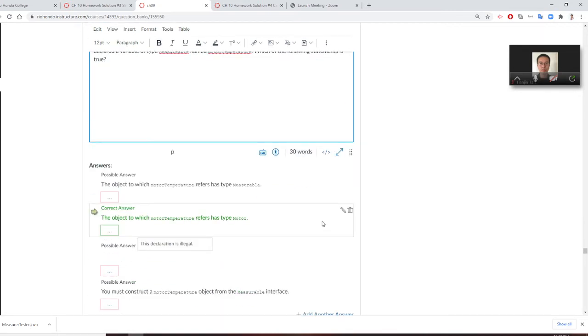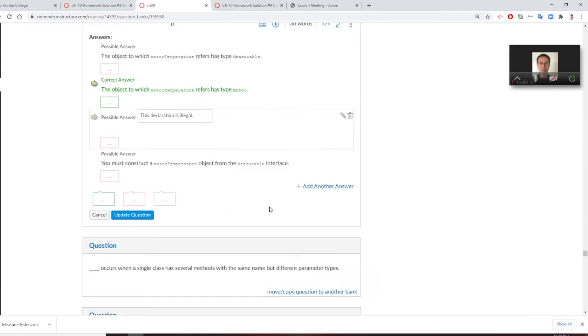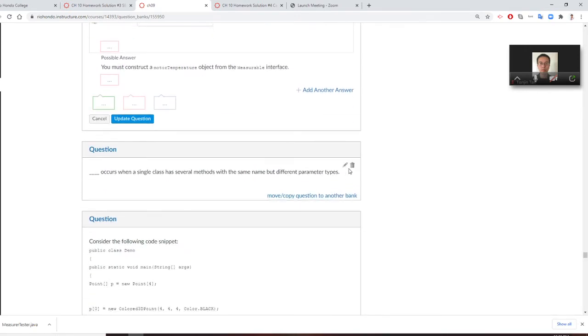So you are going to the object to which motorTemperature refers, of the type Motor. All right, so you remember you create whatever area measurement and you implement that interface,